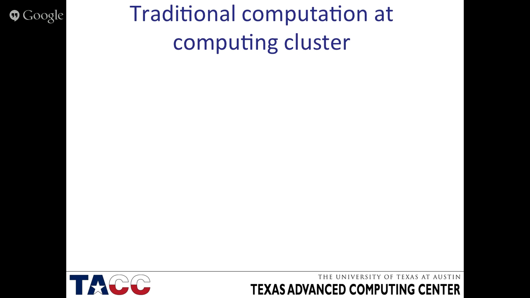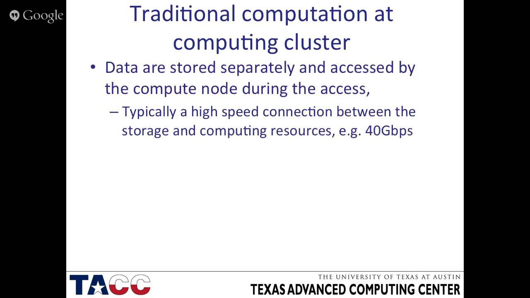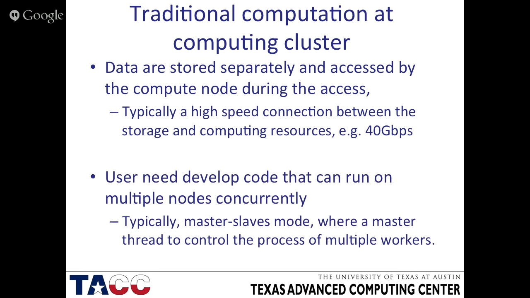So in this kind of process, the traditional computation in HPC centers, the data are typically stored separately, and then we provide high-speed connections between the storage and the computational resources. The reason for doing that is that we can increase the throughput, meaning we can allow more people to share the resources, where your data is not tied to any particular computing nodes. But on the other hand, it became